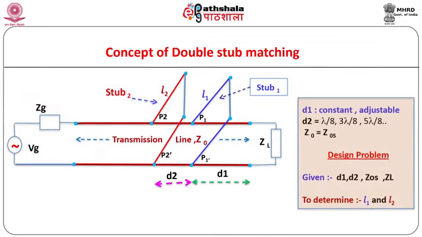Now let us discuss the double stub matching, which is one of the most commonly used techniques. Generally, in double stub matching, characteristic impedance of the two stubs is taken the same as that of the main lossless transmission line. The two short circuited stubs separated by a suitably chosen fixed distance d2 are connected in parallel to the main line. The values of distance d2 are generally chosen as lambda by 8, 3 lambda by 8, 5 lambda by 8, etc.